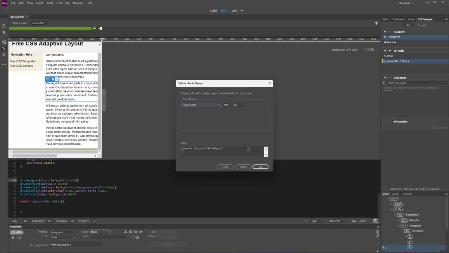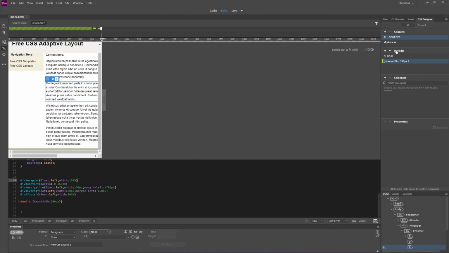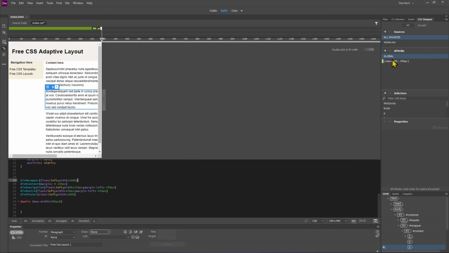We can also add and remove conditions for the media query, and add and remove media queries from here. Let's adjust now the site to this media query right here. You see we have global, meaning that this is the general behavior of the various parts of the layout. In this, instead, we have the behavior of the parts only when we reach